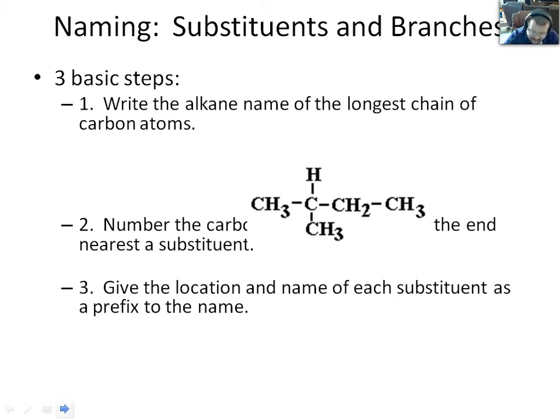Now, step 1 in naming is to pick the longest chain of uninterrupted carbons that you can put your pen down and trace all the way through the molecule without hitting that same carbon twice. So, if I look at this carbon here, in that molecule, I can trace 4 carbons. Now, after I have circled the longest chain of carbon atoms, the other name for that is the parent chain,